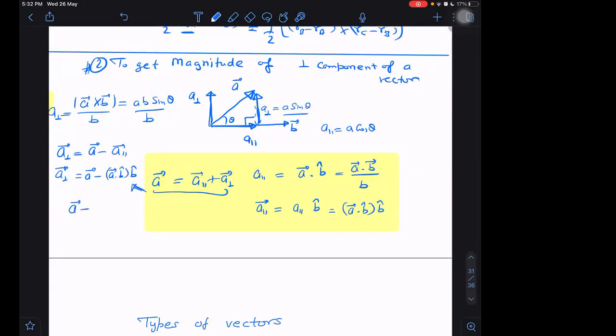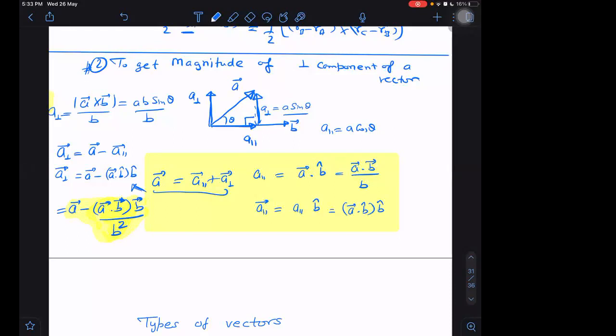Or I will prefer to write it in this way. I will prefer to write A minus A dot full B, no need to waste time in finding B cap, whole into again B, but dividing by B square. That is easier to obtain as compared to first taking B cap and then again taking the dot product. Don't do that. First you do this thing only. Just directly find A dot B whole into B upon B square. That will be better. It will be quick. While you are doing the calculations, it will become fast to do in this way. Anyway, we know the answer. We don't have to worry about that. We can get the answers.